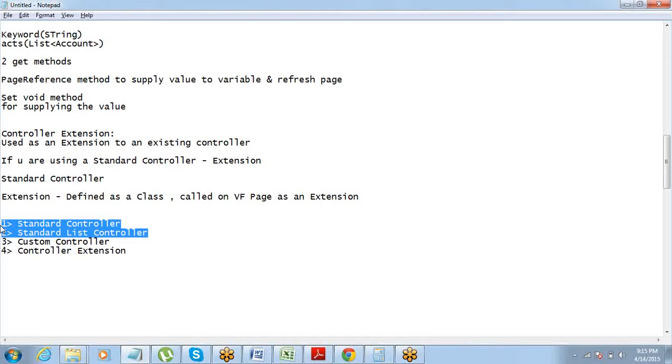Standard controller is the thing where we can enter one by one records, and standard list is the thing where we have in detail, I mean the entire list.